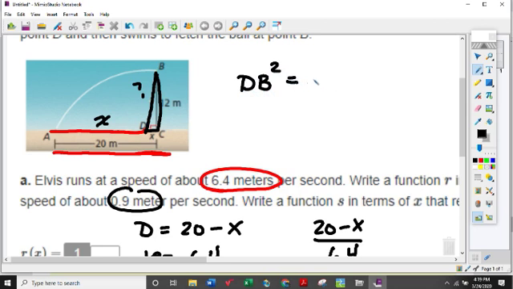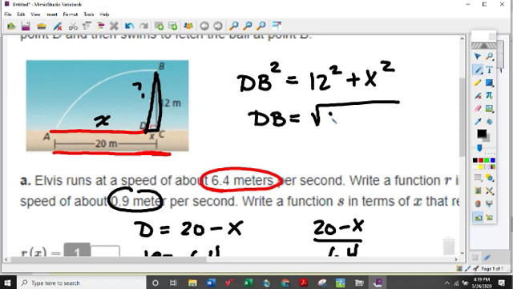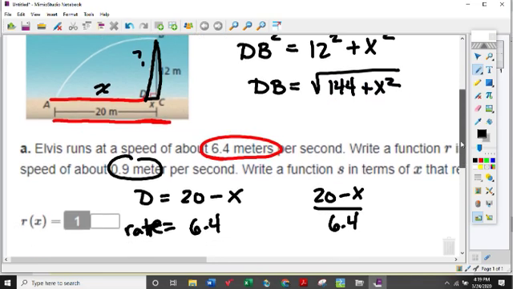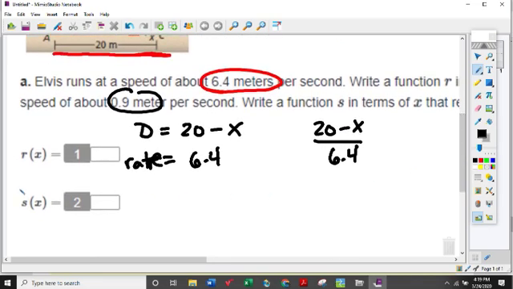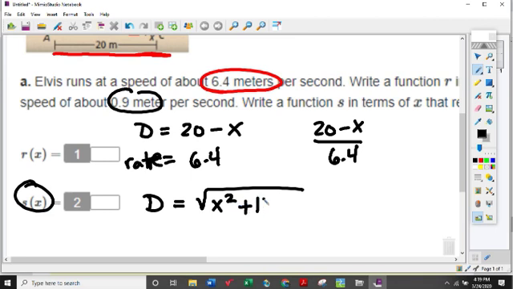So the hypotenuse squared is the sum of the squares of the two legs. So that means DB will be the square root of 144 plus x squared. So that's the length from D to B. So again, time equals distance divided by rate. So the distance was the square root, and I'm going to rewrite it. And the rate at which he is swimming is 0.9 meters. So put the two together,